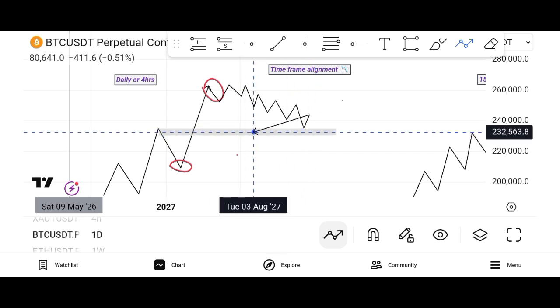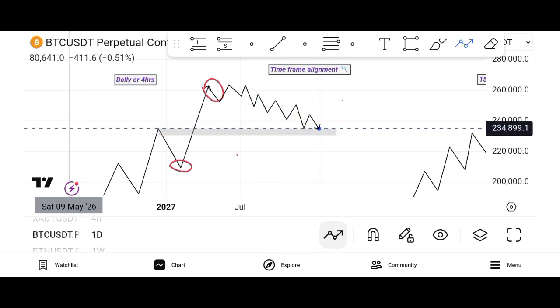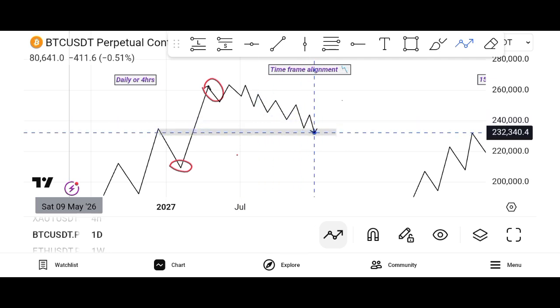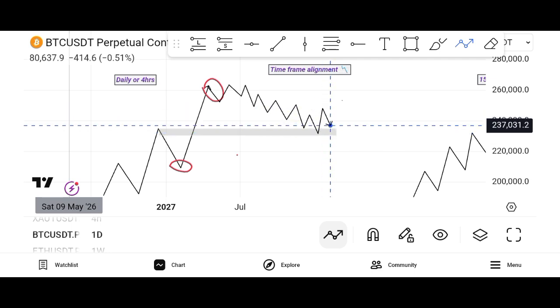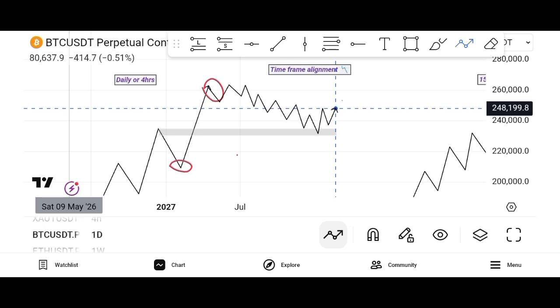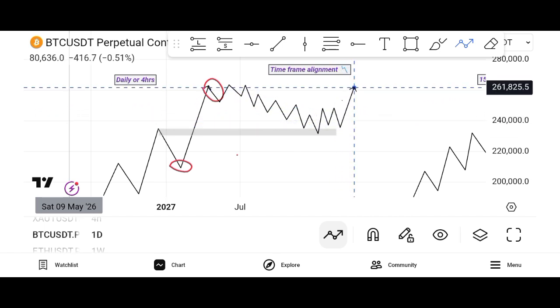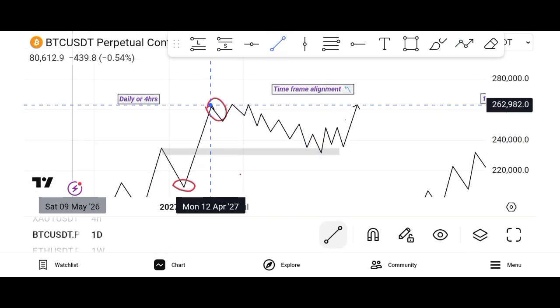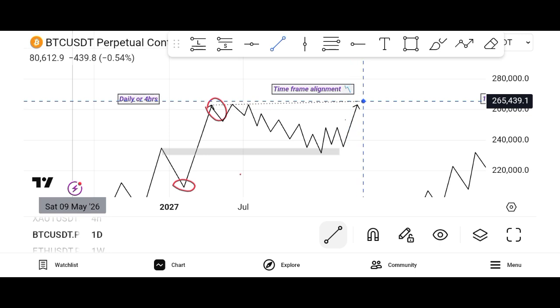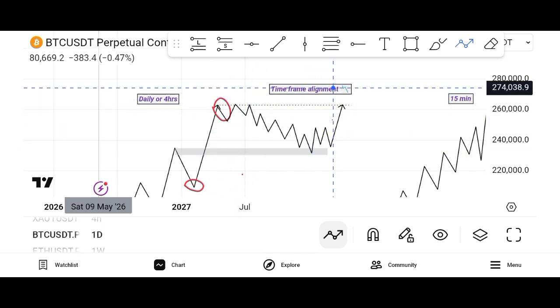So from this point of interest in which we have here, there are two things that will likely happen. At this point of interest, on the lower time frame, which is the 15 minutes, the market structure could shift from this point and it will start buying. If we have a market structure shift from this point and it starts buying, it's telling you that the market would continue going in the initial direction, and it will go and clear out this initial high in which we have here,